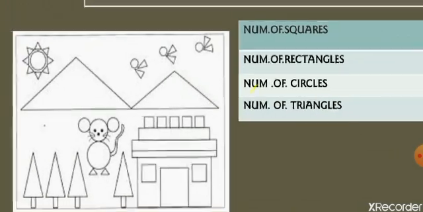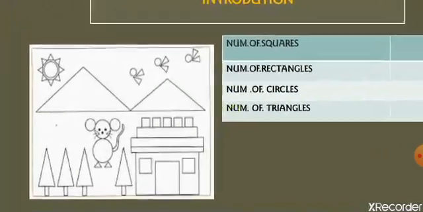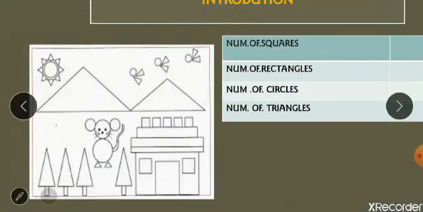So first of all, I just calculate how many squares there are. Okay. So the windows of the house are squares. So that is 2 windows. At the top of the house, you have 5 squares almost. So after the 2, you have 3, 4, 5, 6 and 7. So totally you have 7 squares. So I just write here 7 squares.